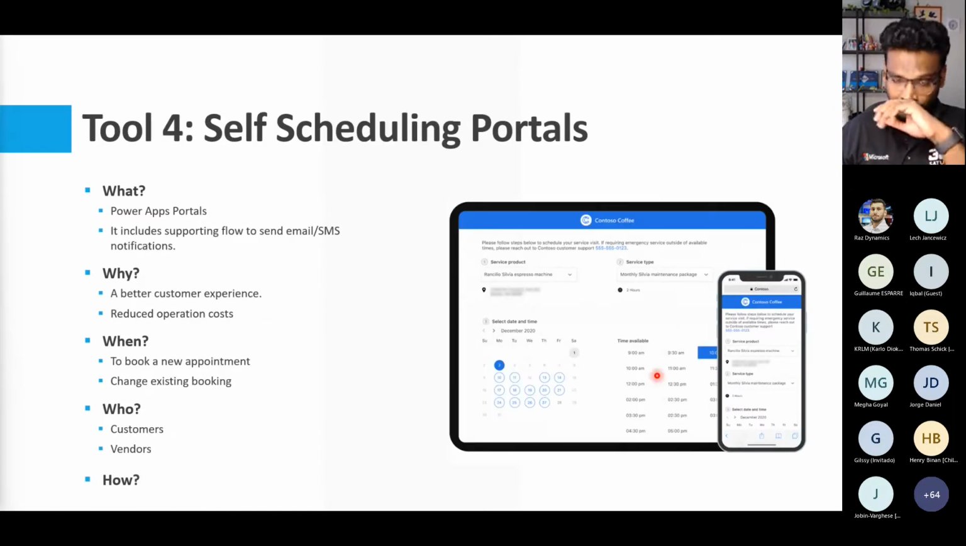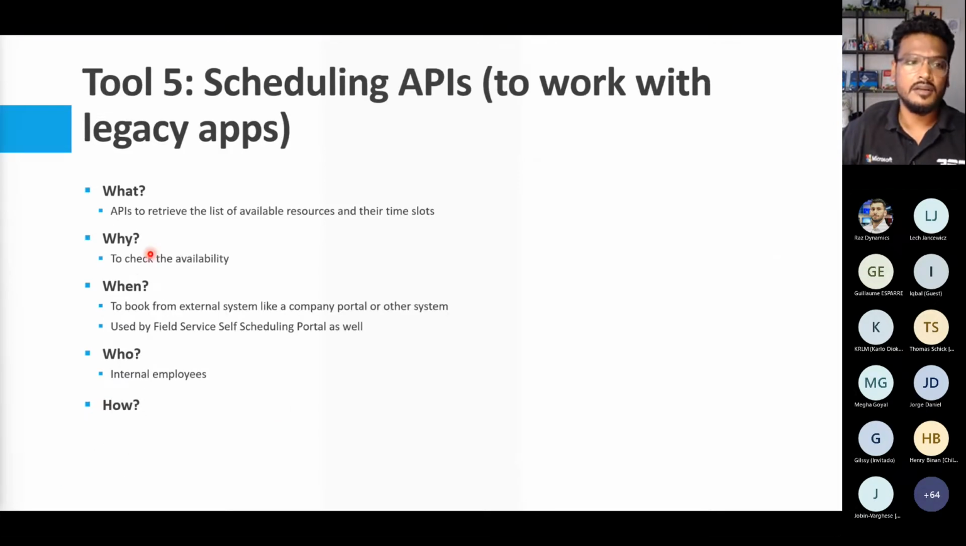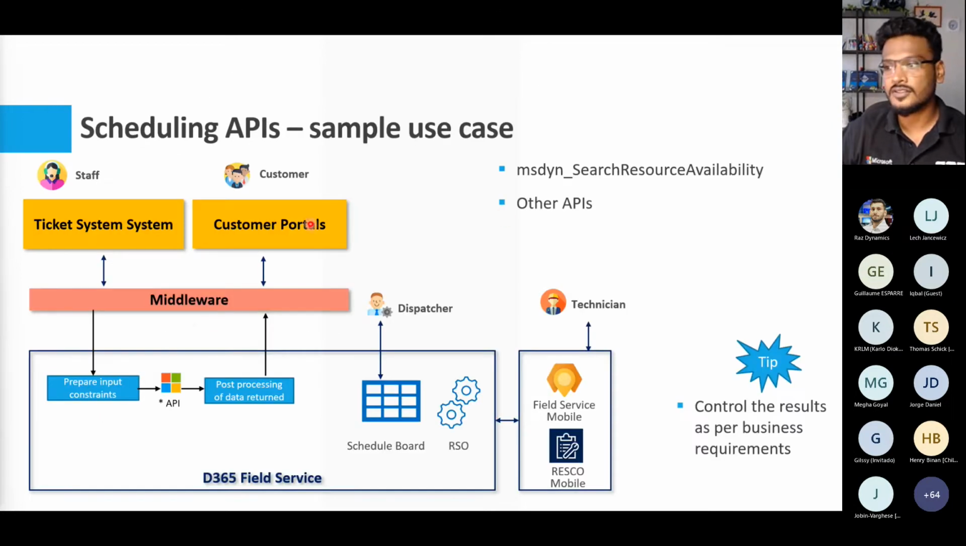So imagine you don't have a portal and someone has a legacy application, a legacy appointment system, whatever it is, and they want to integrate with Field Service. You can still do that, because we have the API flexibility. This is a sample architecture use case of how we can use it. I've taken the example of a legacy customer portal or a legacy ticket system, where you have a middleware in enterprise implementations. This is to show how things work in an enterprise implementation, right? So you collect the inputs that are required, and then you call the Microsoft API, and then you basically get the